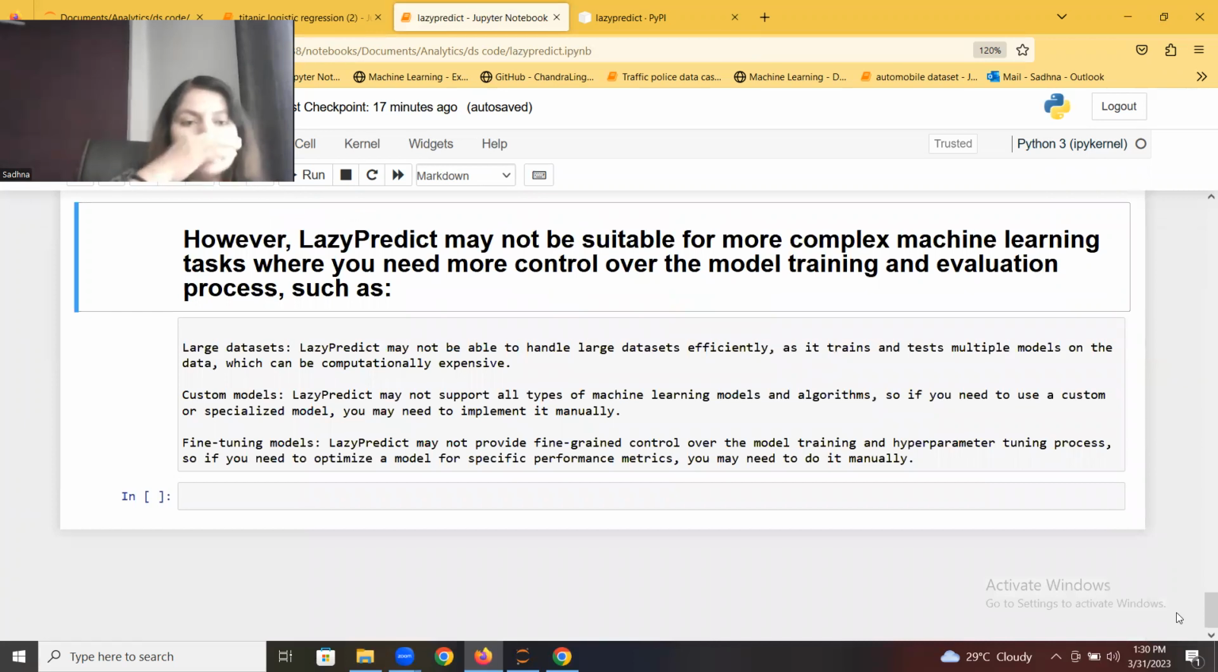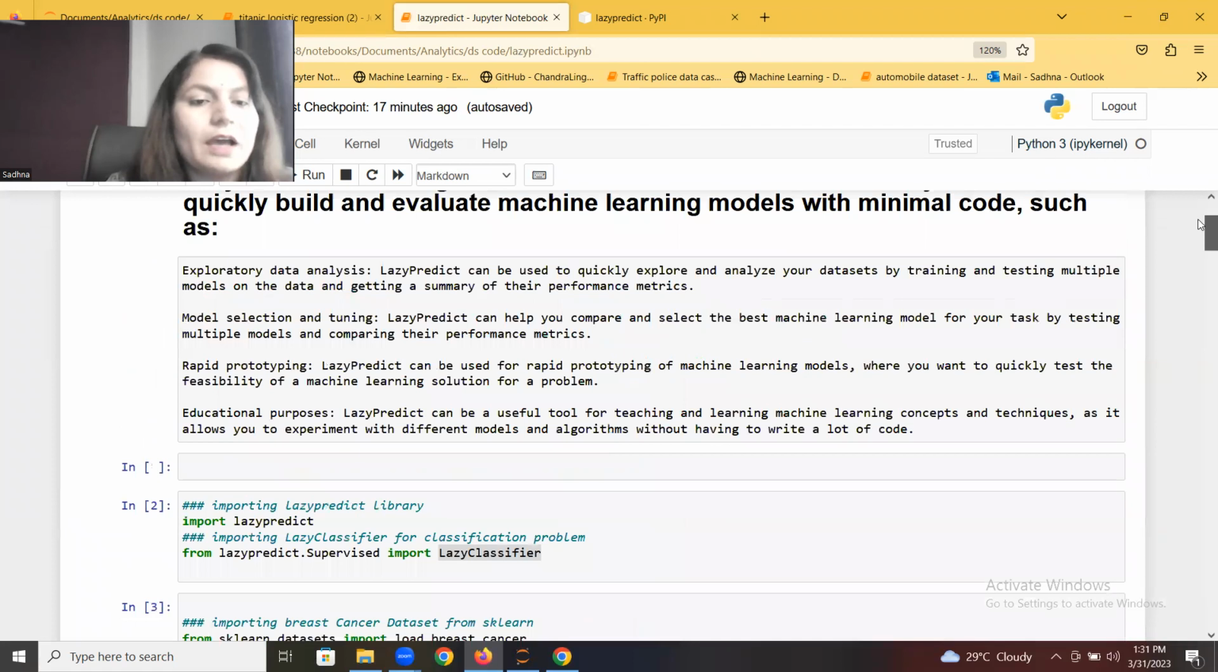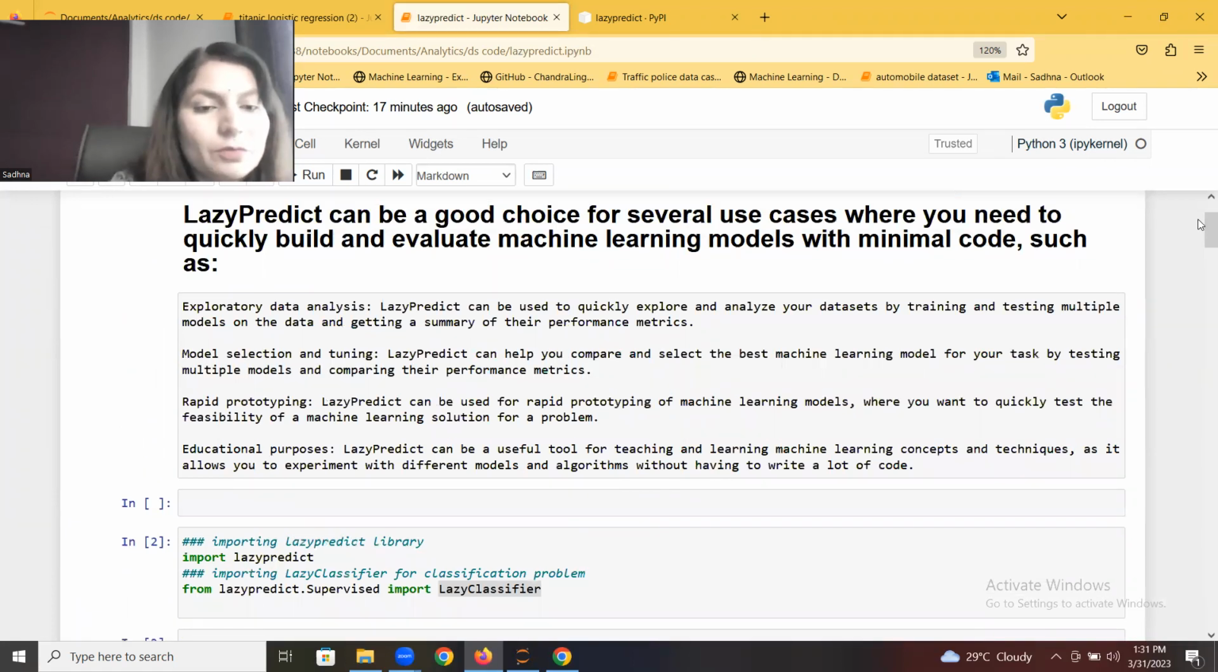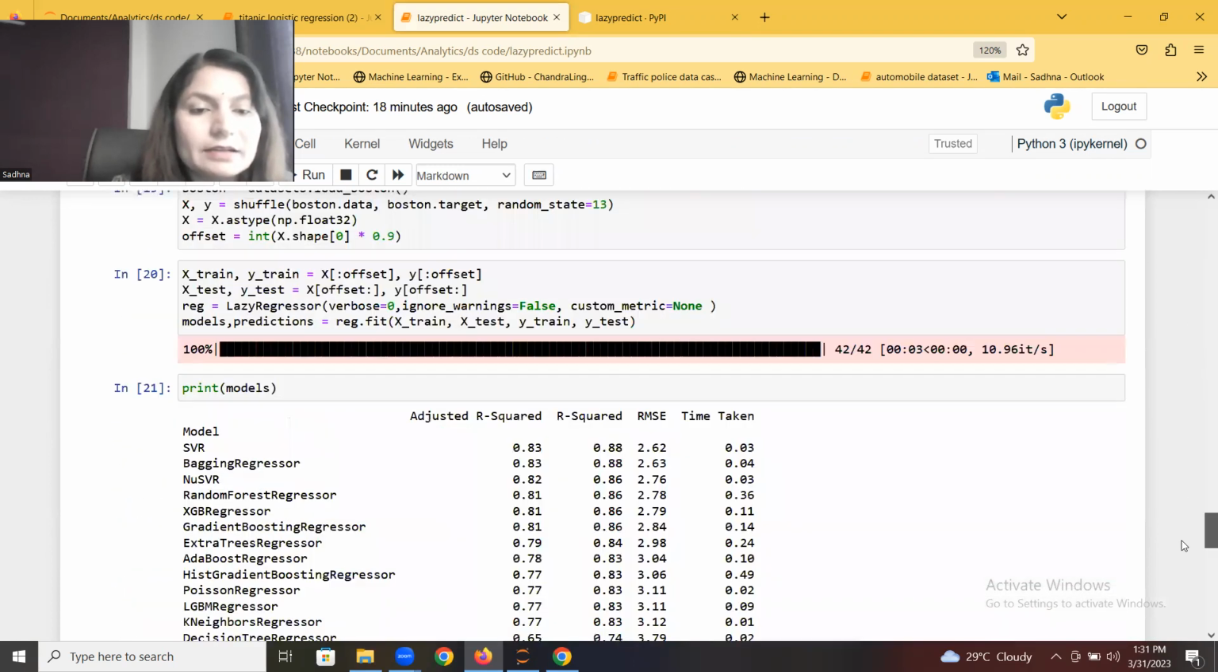Although LazyPredict is there, and you can use it for the multiple purposes that I have explained, in case you need to do quick prototyping and need to check which model you can apply, or a quick exploratory data analysis that you do not have time to do. So you can use LazyPredict in that case to test multiple models on top of that data and get the summary out of it. And you can use it for educational purposes as well. But there are certain cases